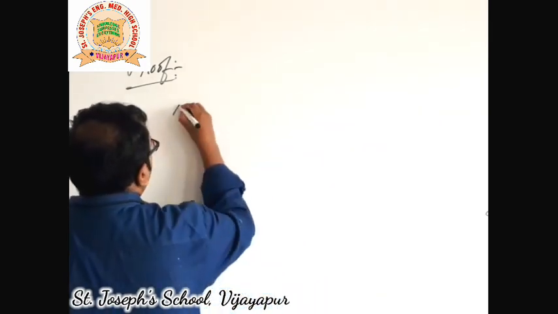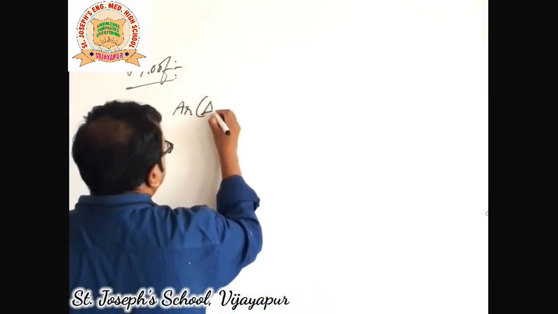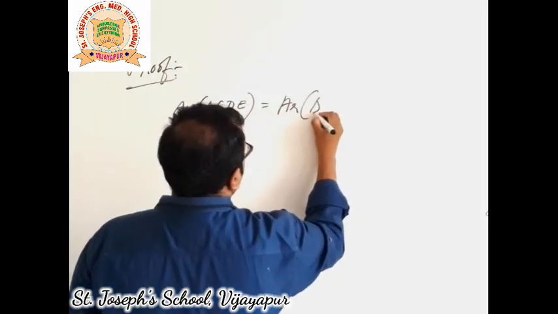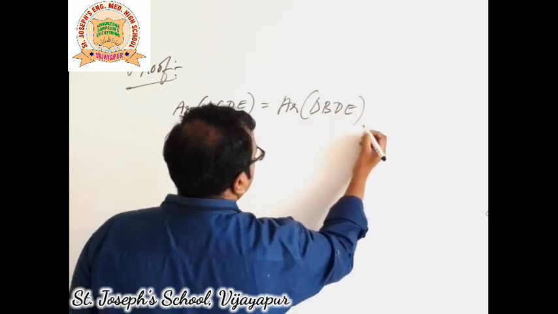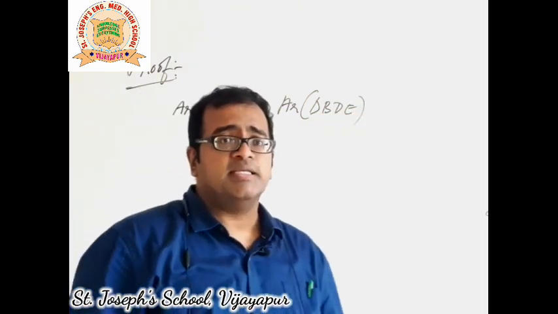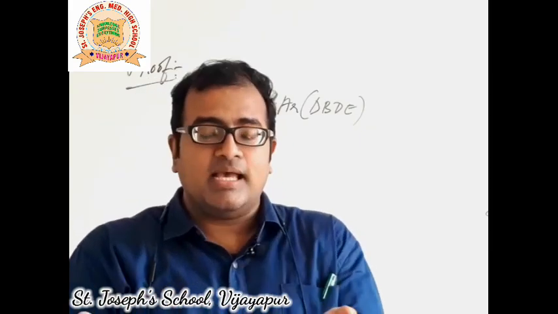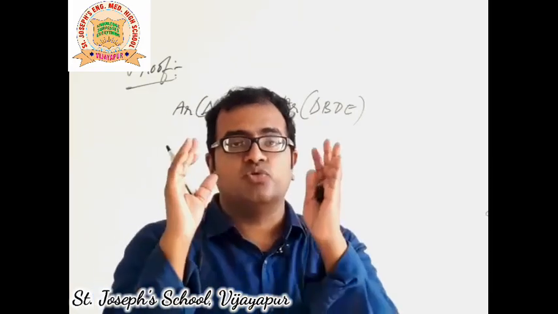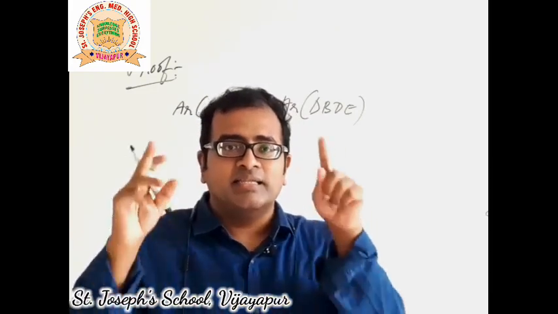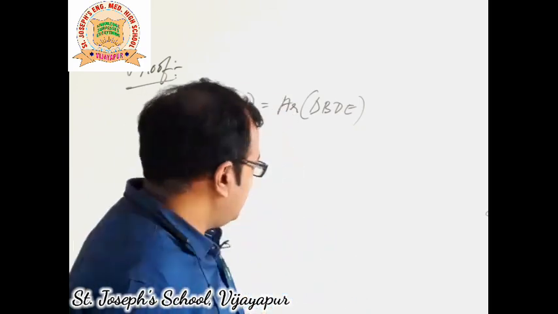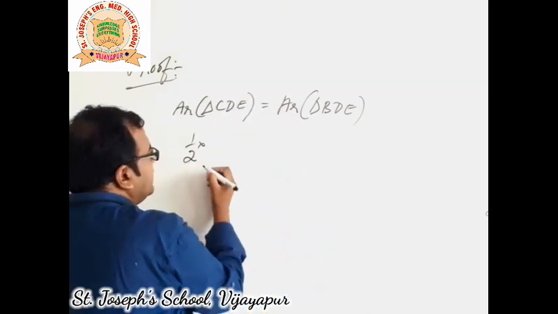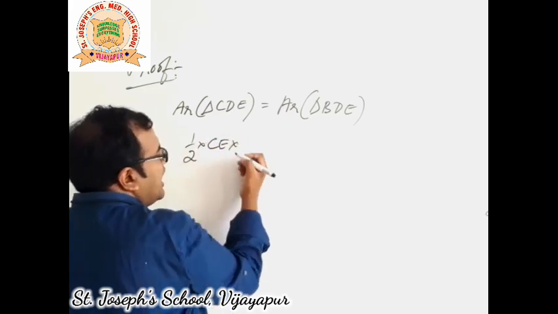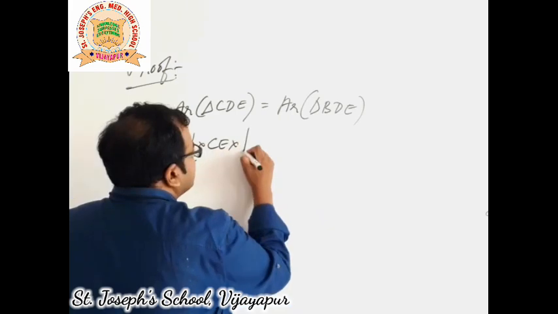First, area of triangle CDE is equal to area of triangle BDE. The reason we write here is, triangles standing on the same base and between the same two parallel lines. And I have already explained to you that if two triangles stand between the same two parallel lines, their heights must be the same. So just imagine what happens here. This is half into base. What is the base? It is EC or CE into height. What is the height? Let me call it H.